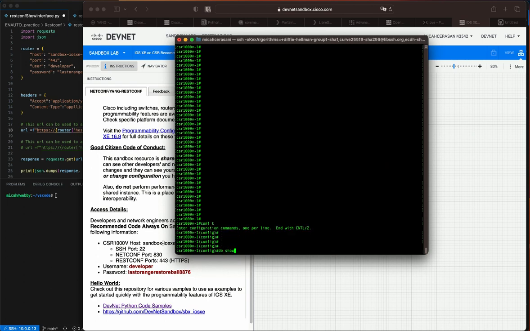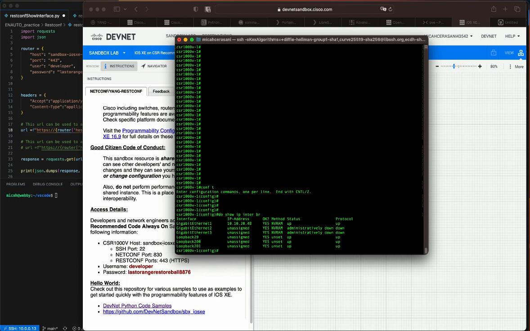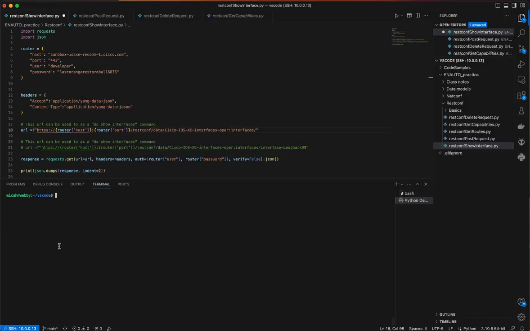So do show ip interface brief, and let's see what happens. Okay, this is what we have: GigabitEthernet 1, 2, and 3, and Loopback 29, 200, and 201. That's what we have present on the device. So getting away from SSH and getting into more Python script to interact programmatically with the device, we've got the